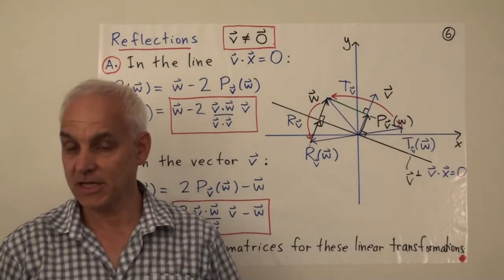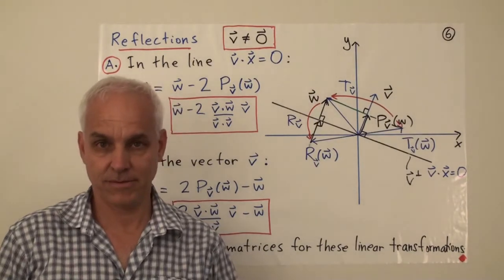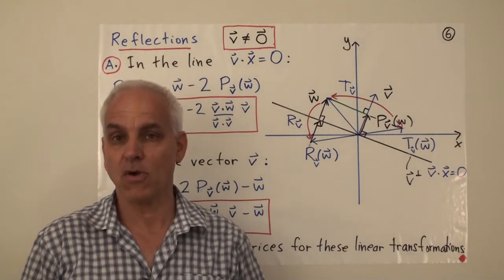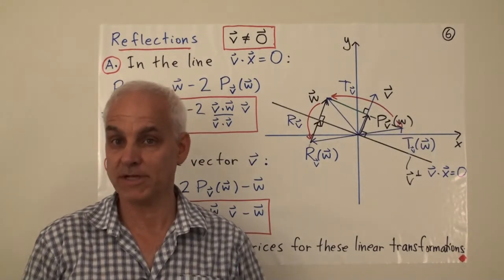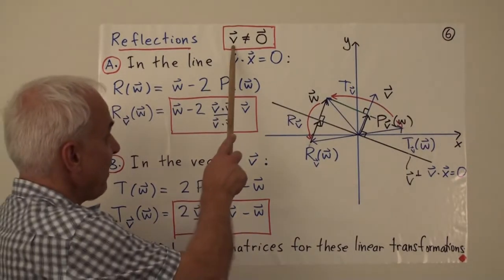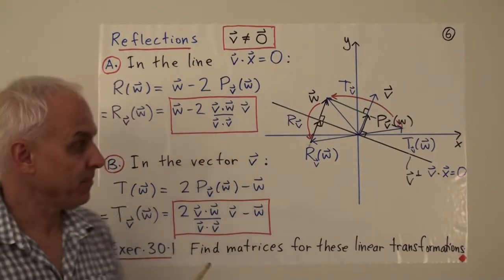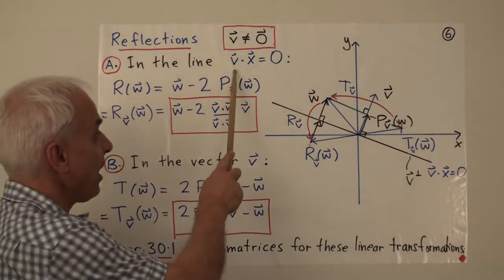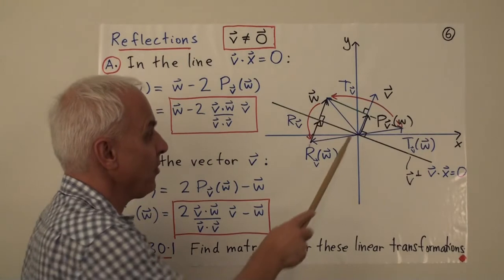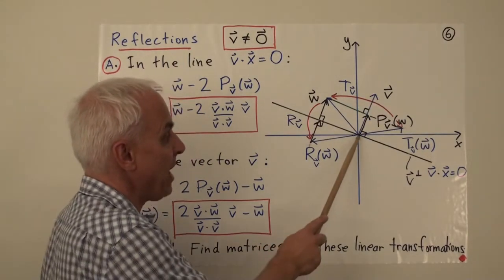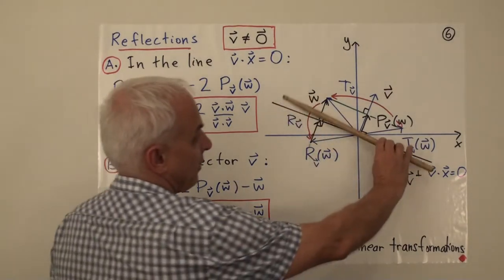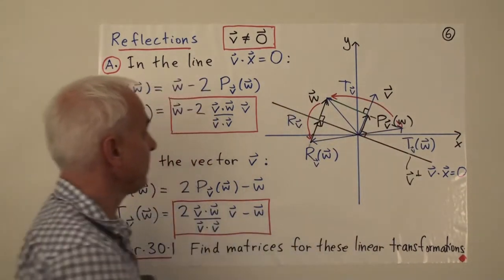Now we're going to introduce the idea of a reflection in a line. The lines we're going to consider here are relatively simple ones. They're all ones going through the origin, which makes the formulas a little bit simpler and easier to remember. So we'll start with a vector v, which we'll assume is non-zero. And that defines a line, the line v dot x equals 0. The line with normal vector v, which passes through the point 0, 0. Here it is there, if that's the vector v.